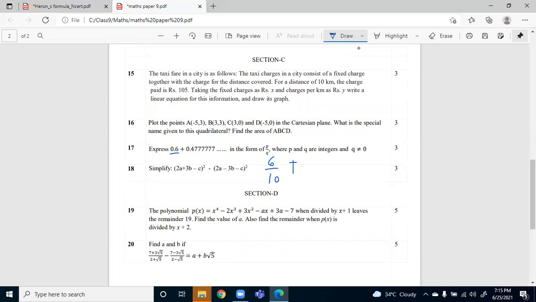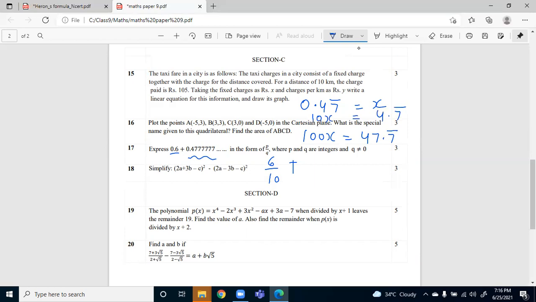Okay. Plus, if you take it exclusively, you can just say 0.47 bar is equal to x. You can see there is repetition of 7. So what I will be doing is multiplying it by 100. So 100x, the decimal will move two places to the right. So it is 47.7 bar. You can just move one step first, so it can be 10x is equal to 4.7 bar.